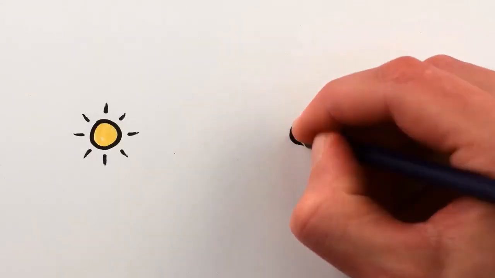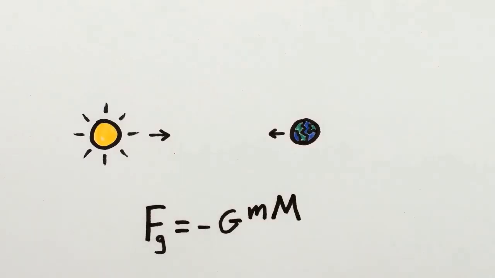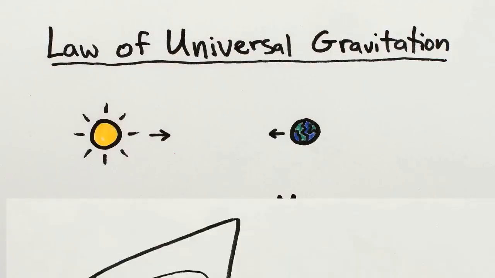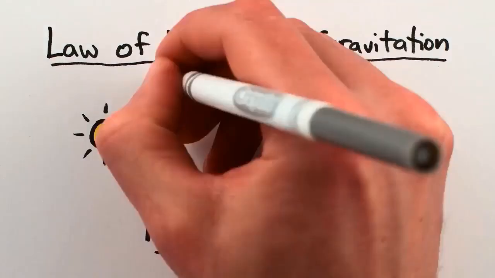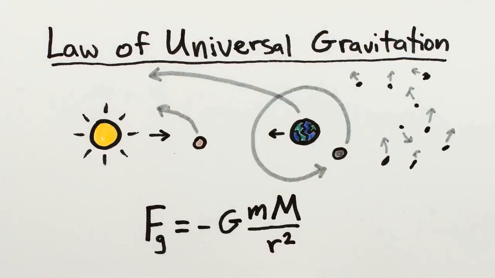It's well known that gravity pulls two objects together with a force proportional to the mass of one times the mass of the other, divided by the square of the distance between them. This equation is called Newton's law of universal gravitation. It's taught to school children the world over, and it predicts the motions of the planets and moons and asteroids in our solar system with incredible precision.